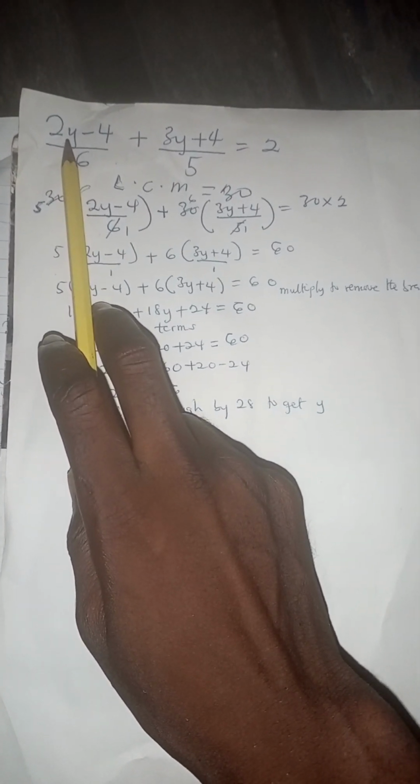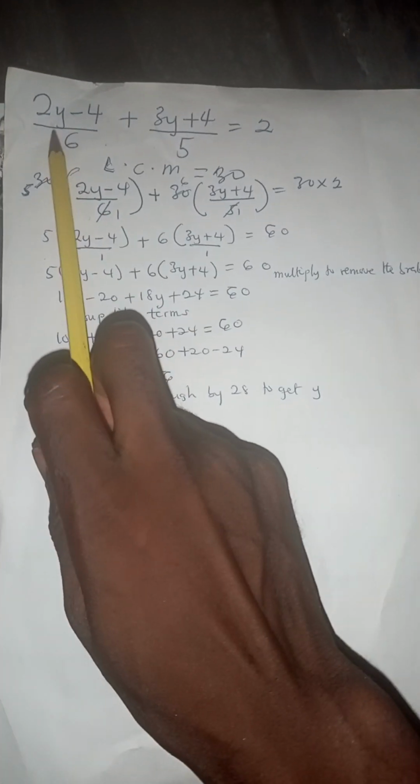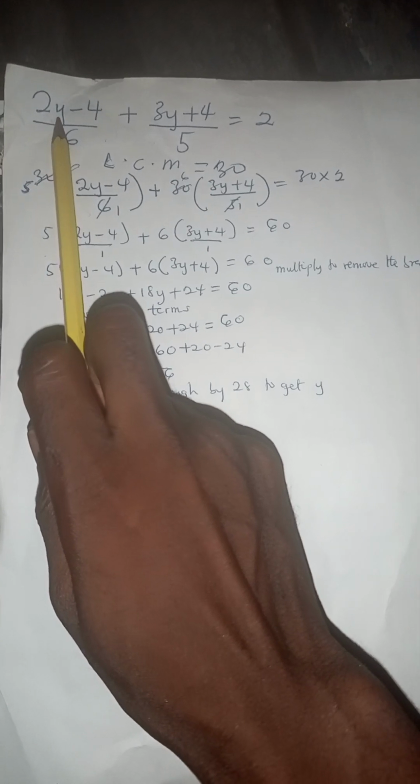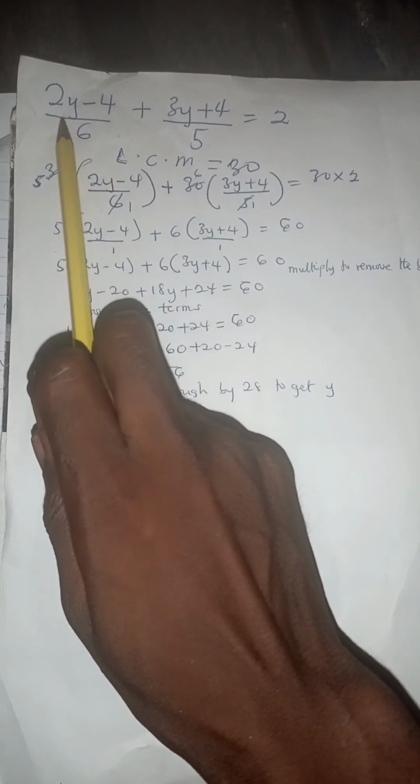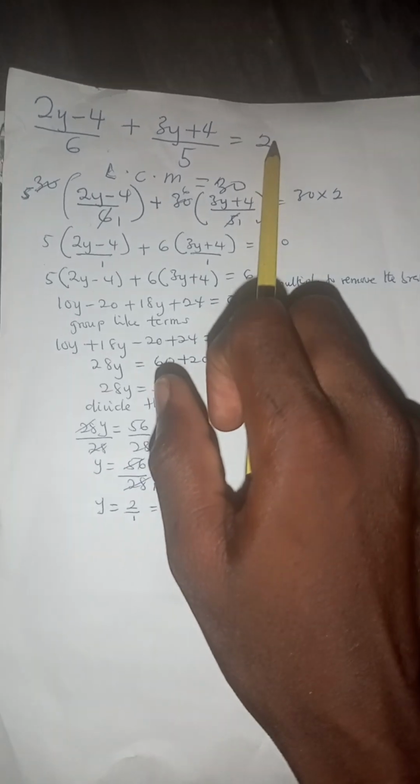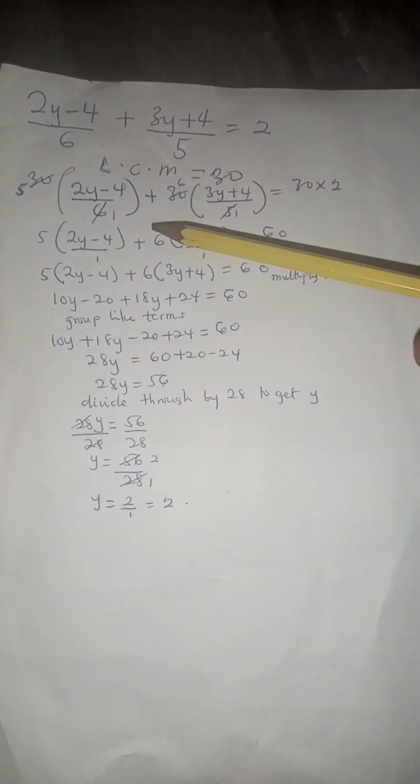So as I was saying, we are asked to solve for y in a given equation. And so we are having (2y minus 4) all over 6 plus (3y plus 4) all over 5 equals 2. Now for us to solve this equation, we have to look for our LCM, and that is what